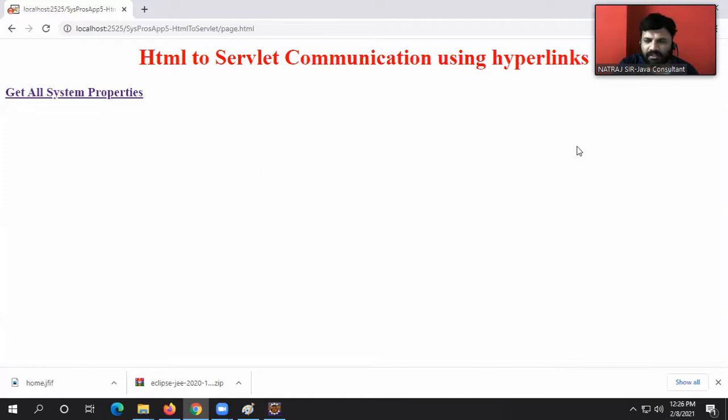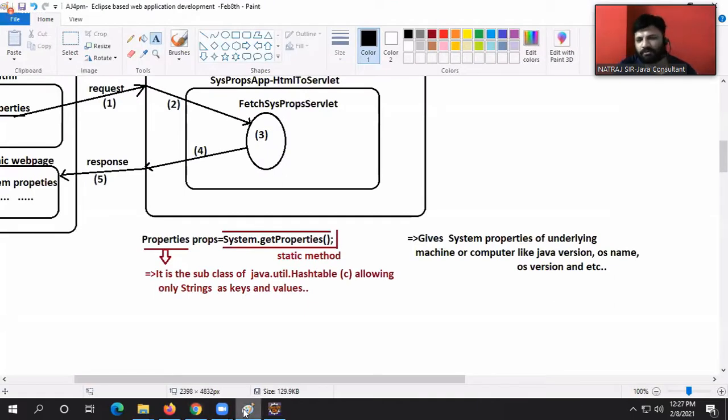Yes, Saitesh, we didn't say that page.html should be taken as the welcome file. So without typing the web component name, it will pick up the web component. Wait for a few days, I will show how to make a certain web page the welcome page. Use common sense. Without giving the servlet URL pattern, the servlet will not execute automatically. What an expectation, guys. If you want that, you should do something. Someone is asking, sir, I should not type page.html, that should execute automatically. How does it know it should execute automatically? Some extra configurations we have to do. Wait for a few days, you will get it.